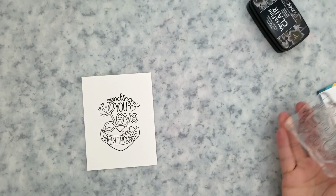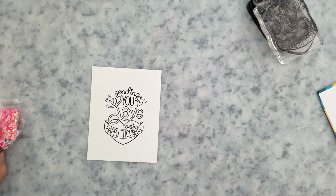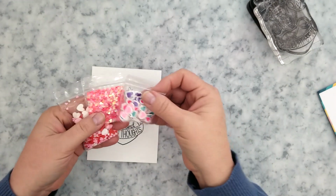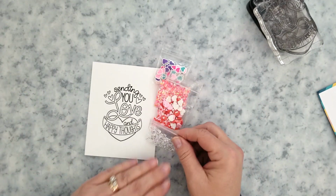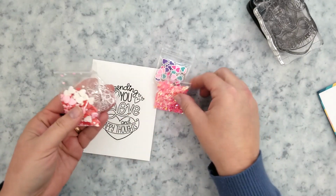Perfect for heat embossing on ink blended backgrounds or on acetate to create shaker cards filled with fun embellishments like the jelly drops, clay hearts, and the itty bitty confetti mix from Trinity. Now, I have a few samples I want to share with you, and I want to let you know you